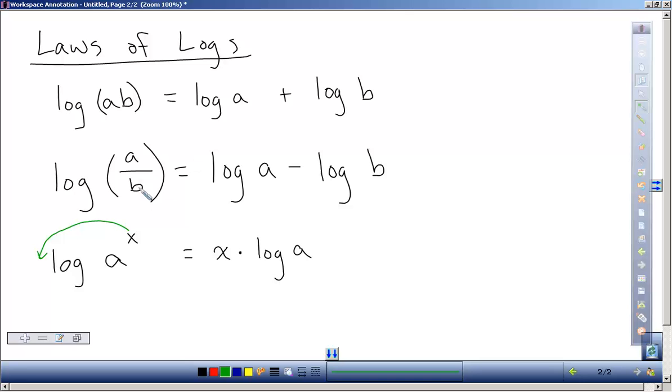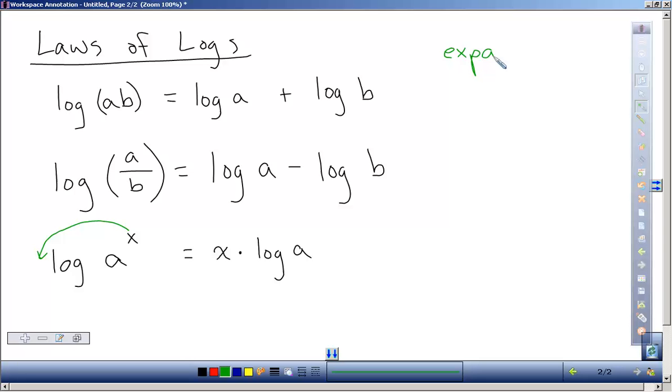So when you multiply like bases, you add the exponents. When you divide like bases, you subtract, and when you take a power to a power, you multiply. So just remember, a log is always equal to an exponent, and so that means it behaves like an exponent. These laws of logs